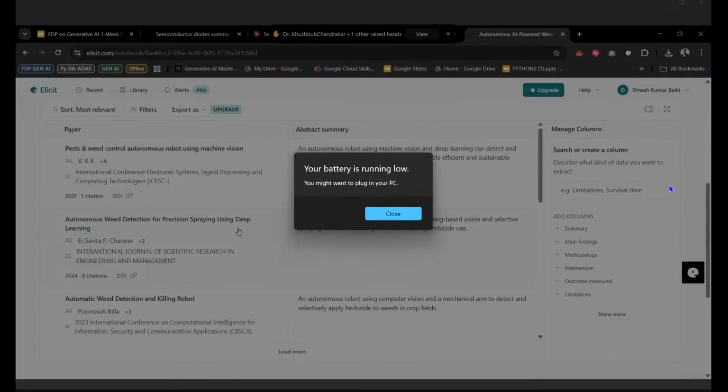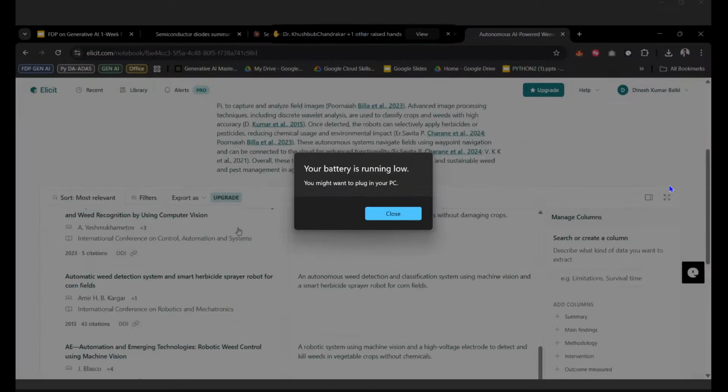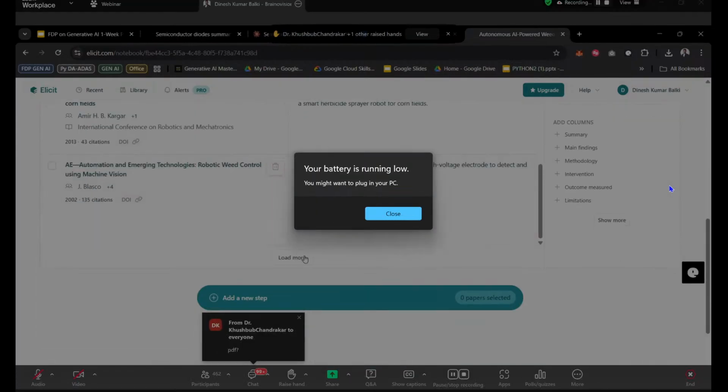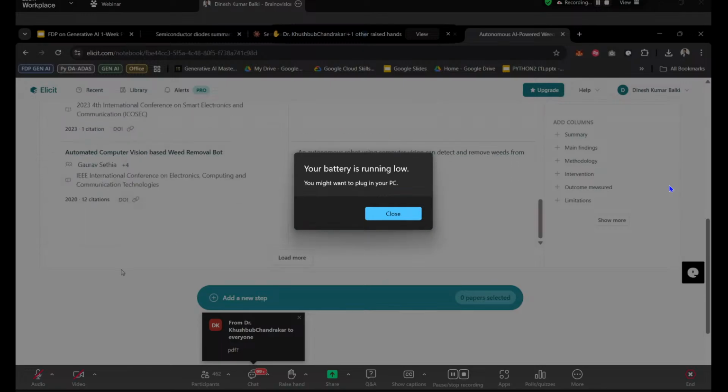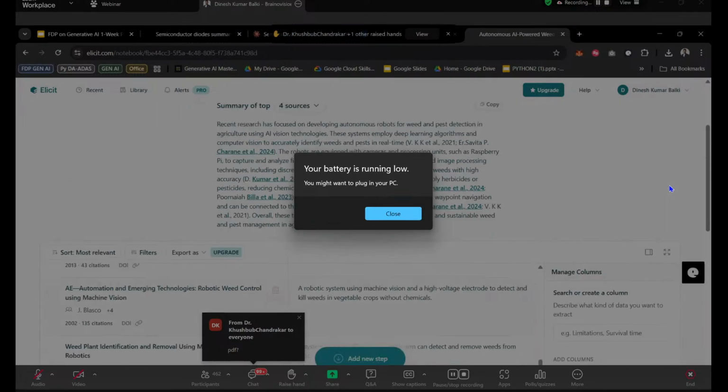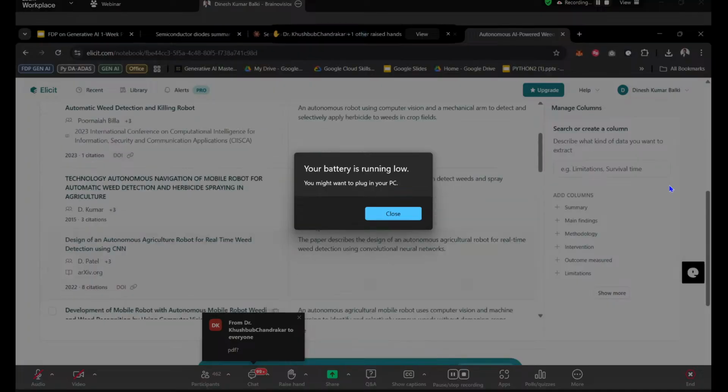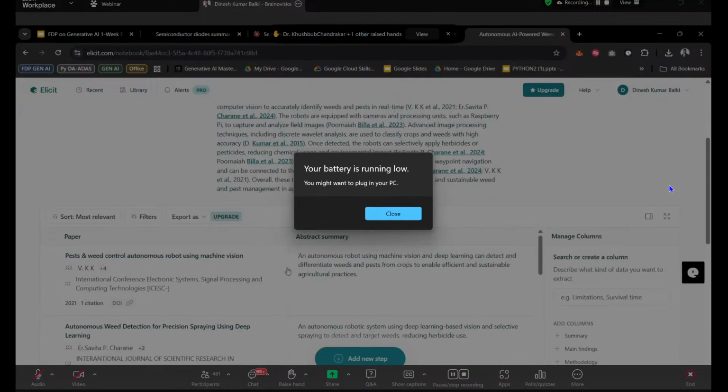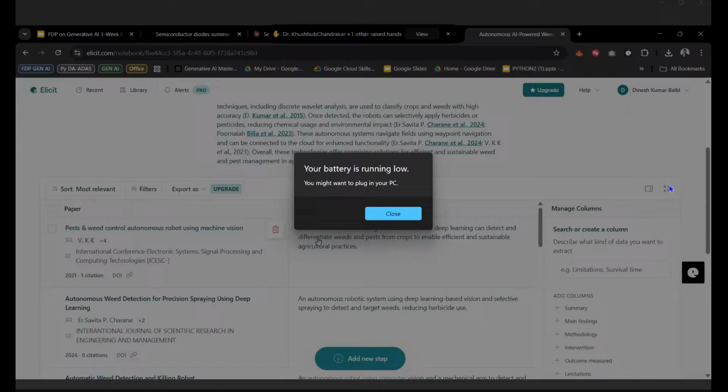We can easily see the papers loading here, right? When I click load more, it loads more and more, right? In this way we can get our abstracts in a very easy way, and it is a compressed version of the abstract. It is not totally a better version of the abstract, it is a compressed version. Within the